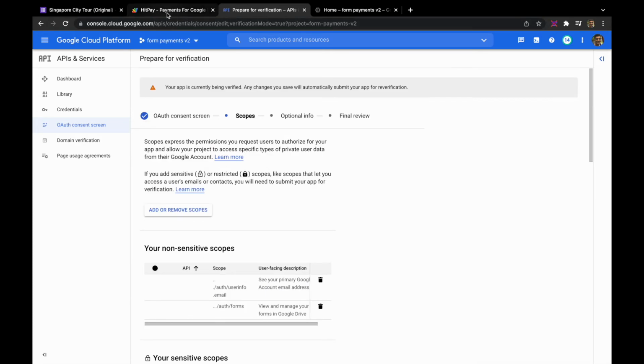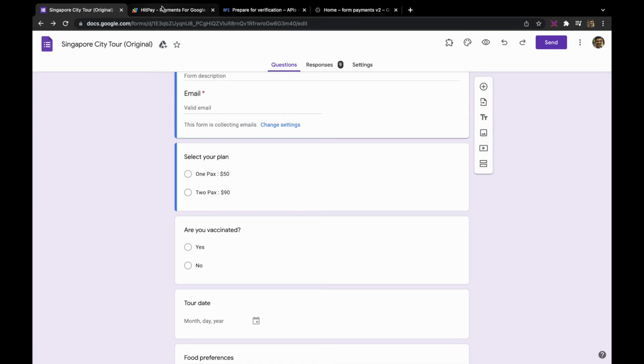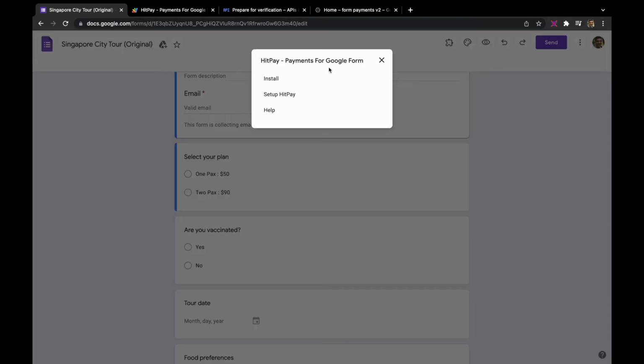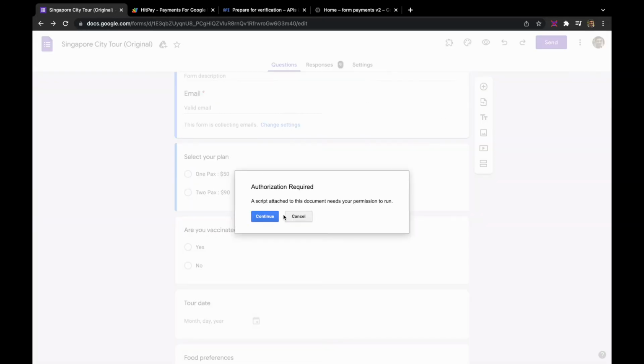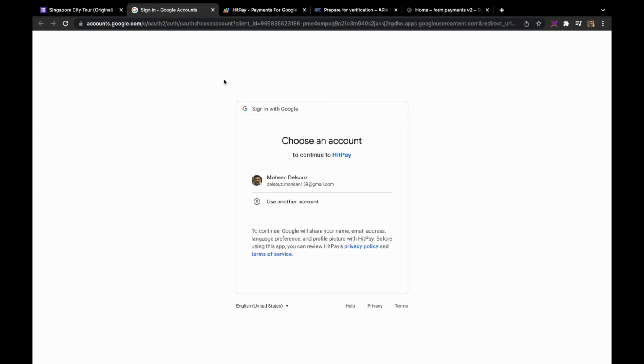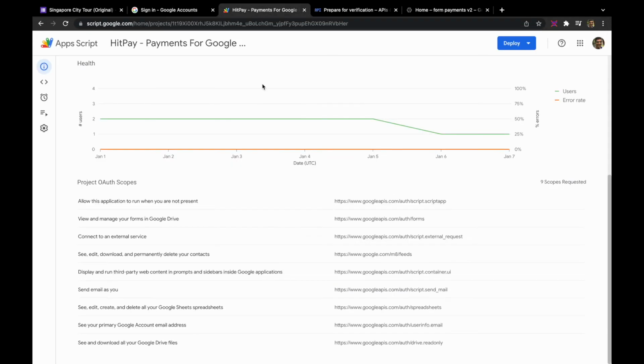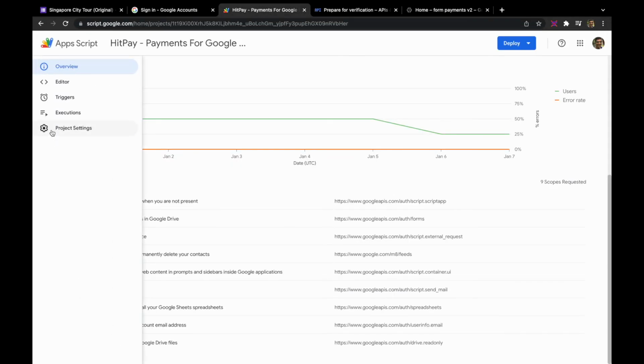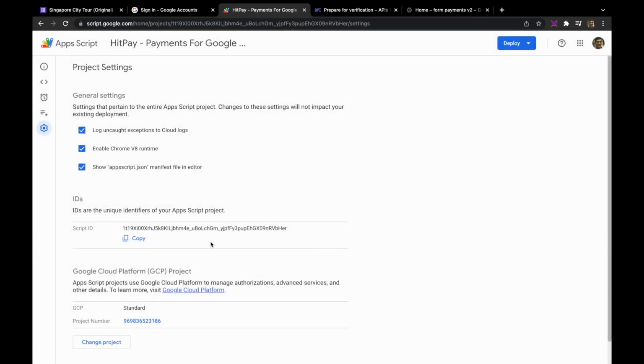and so let's go ahead and test this add-on. We can access the add-on from here, Hitpay, payments for Google Form, and for the first time it will say set up Hitpay, and we will need to authorize the script. So if you click continue, here we have client ID 186 PME, and as I showed you here already, we have the project setting connected to that particular